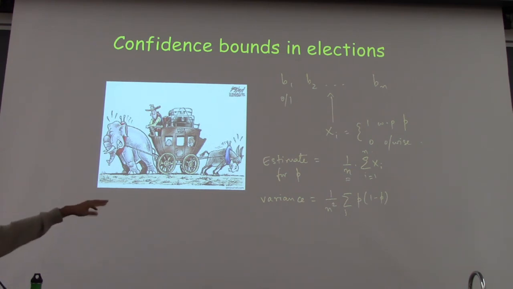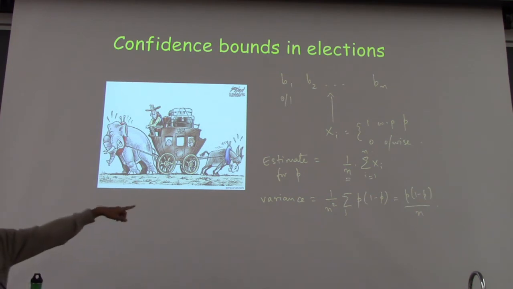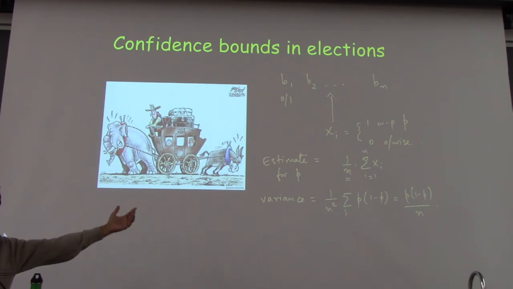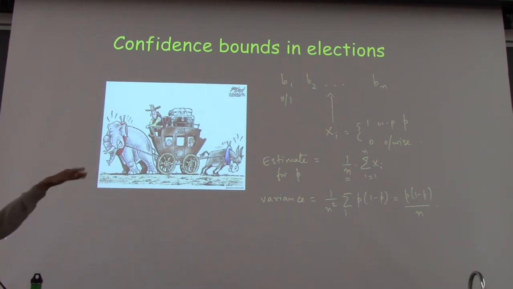Because you're looking at x minus E of x, whole squared, right? So in the whole squared you have 1 by n squared. So this you can easily work out, and this turns out to be p times 1 minus p divided by n. You have n different elements in the sum, so one of the n's cancels with n squared. Okay, so that's why you have this as the variance.